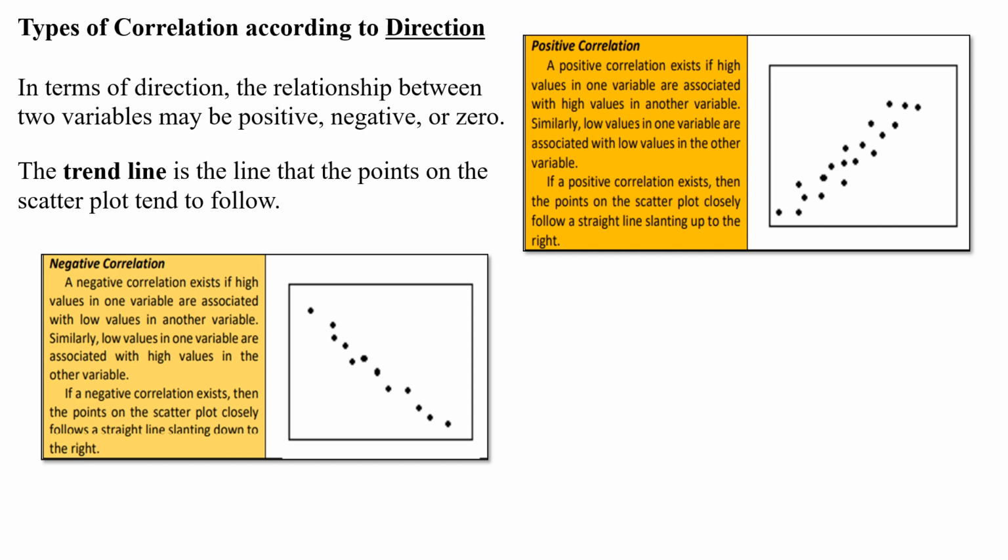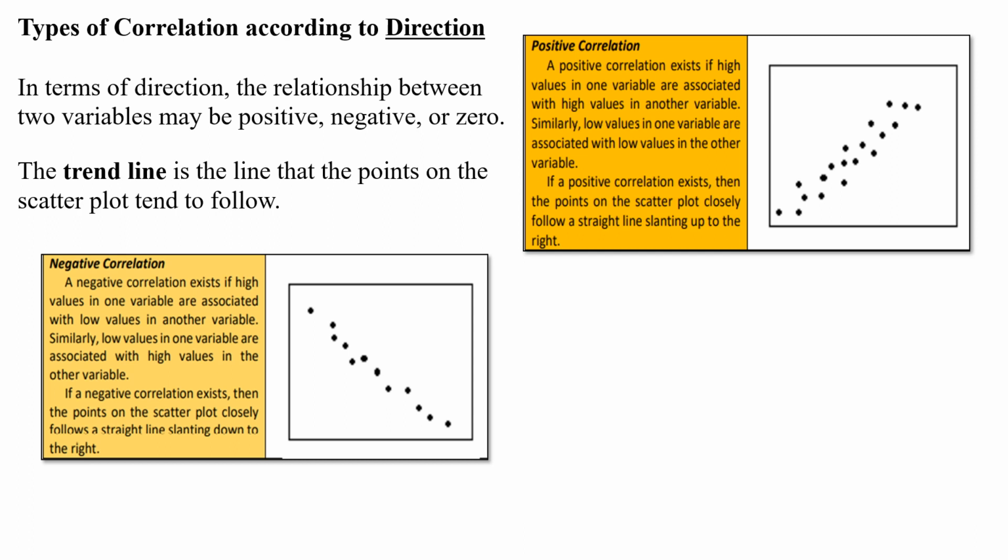O kaya naman, kung mataas yung isang variable, then yung isang variable naman ay mababa. Okay, so if a negative correlation exists, then the points on the scatter plot closely follow a straight line slanting down to the right. So yung line naman niya diyan, pababa siya doon sa right side ng ating